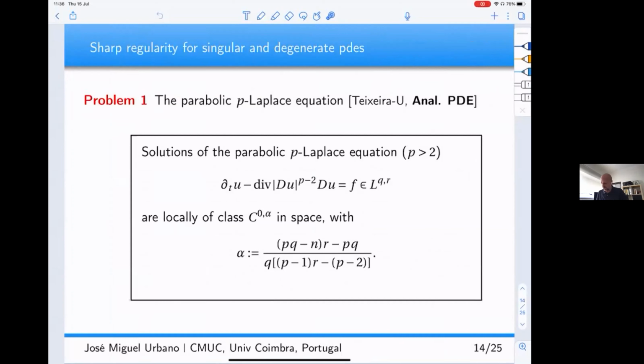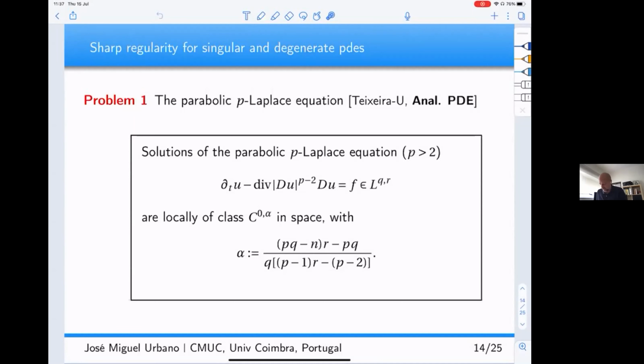a series of co-authors. So the first result I want to tell you about concerns exactly the parabolic p-Laplace equation in the degenerate case p greater than 2. This is a joint work with Eduardo Teixeira, who is in Orlando, Florida, in the United States. And what we showed is that when you have a non-homogeneous equation with a right-hand side which is L^q in space and L^r in time, solutions that we know are Hölder continuous have an exponent which is precisely this number alpha that's written over here. So we derived an explicit form for the Hölder exponent, depending only on the space dimension n, of course p, and the integrability of the right-hand side,